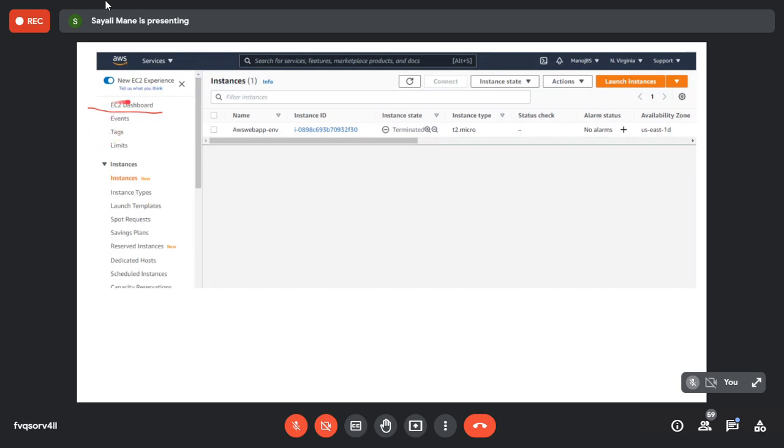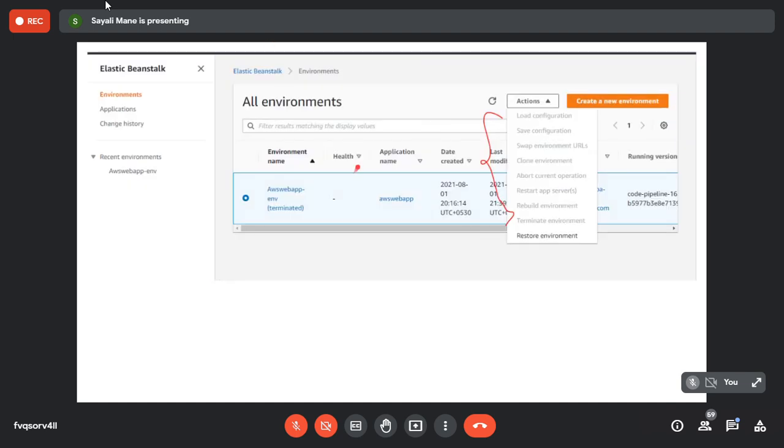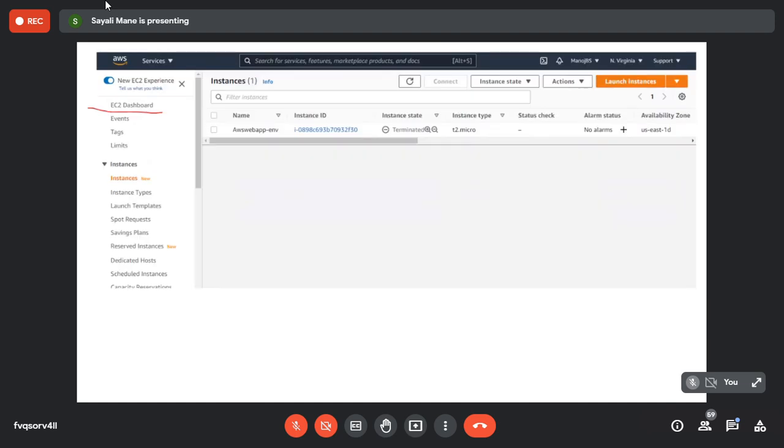See here, EC2 dashboard. Please type EC2 in the search box in the AWS Management Console and then click on the instance.